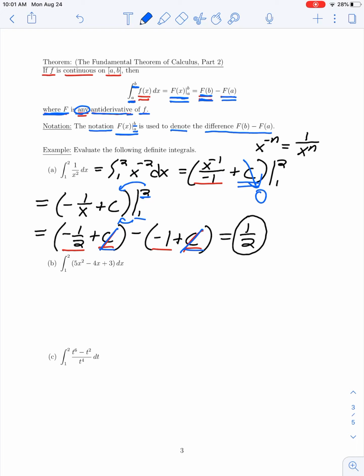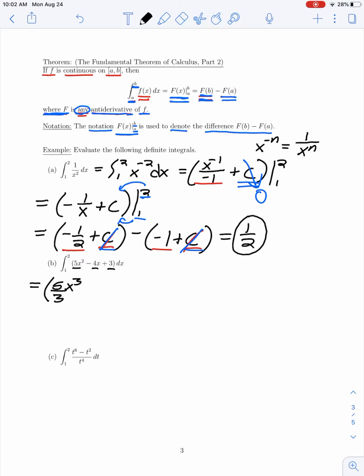So let's look at some other examples. In part B, we have the integral from 1 to 2 of 5x squared minus 4x plus 3. So the fundamental theorem of calculus says in order to evaluate this, we need to find any antiderivative of this function. So finding an antiderivative, well, we can use the sum difference rule for antiderivatives and find an antiderivative of each piece individually. So starting with 5x squared, using the power rule, an antiderivative would be 5x cubed over 3,